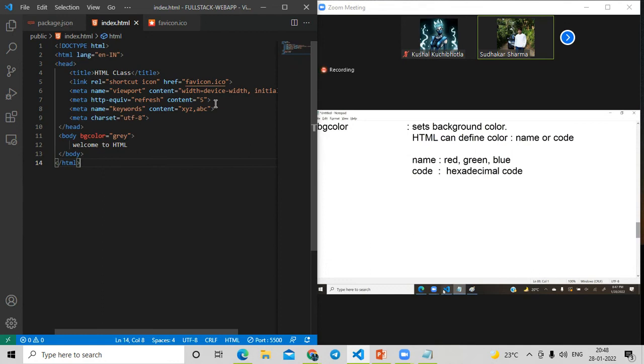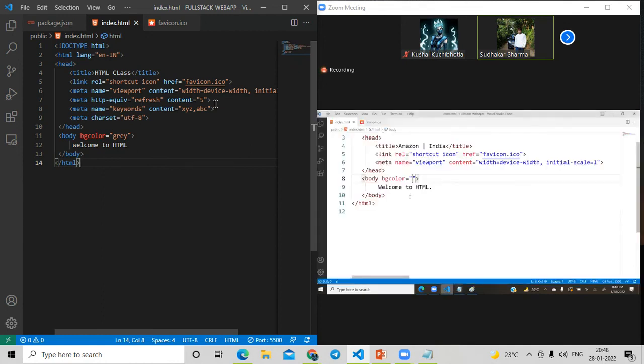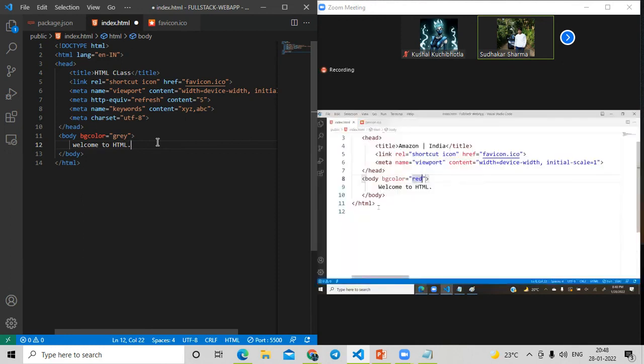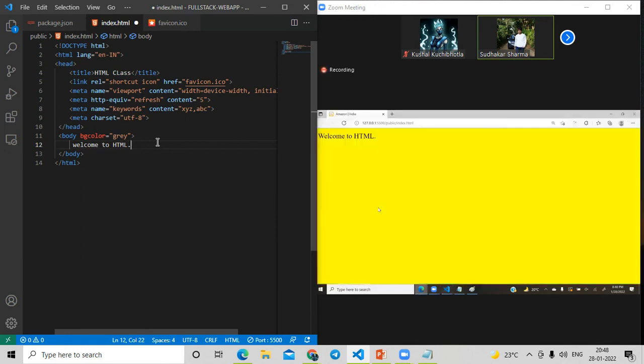Suppose, see now, I am writing here BG color red, and you can see the background color is red. The entire body section background color is red. I defined body color as yellow, and you can see it will be yellow. Like this, you can give certain color names.